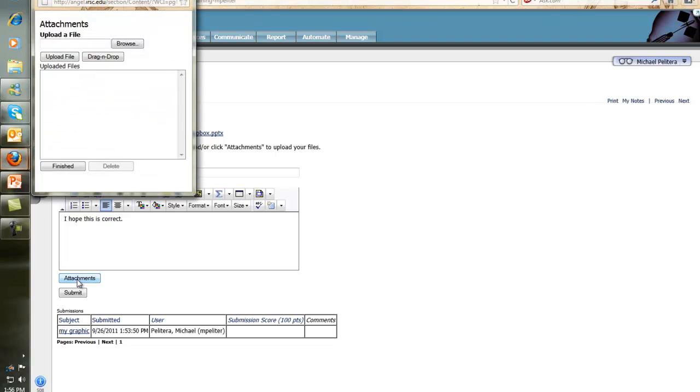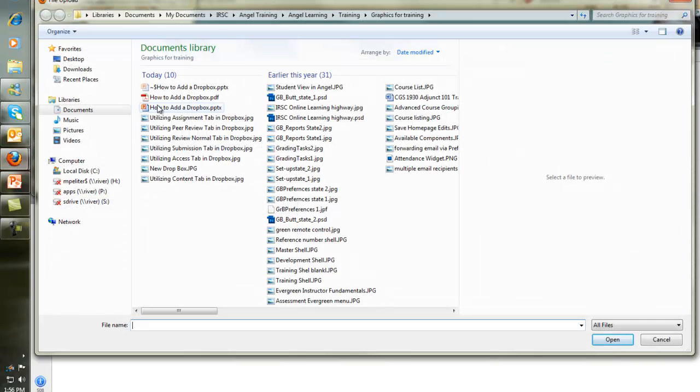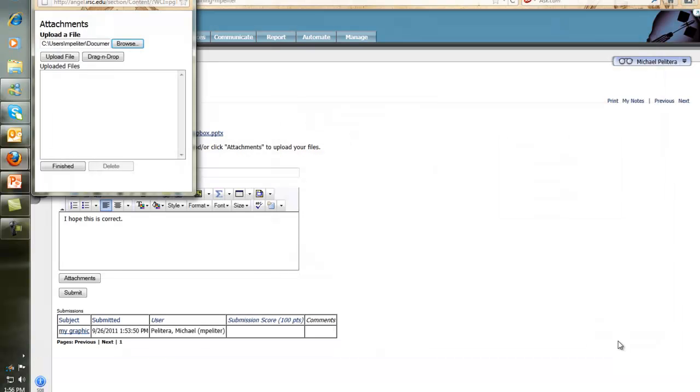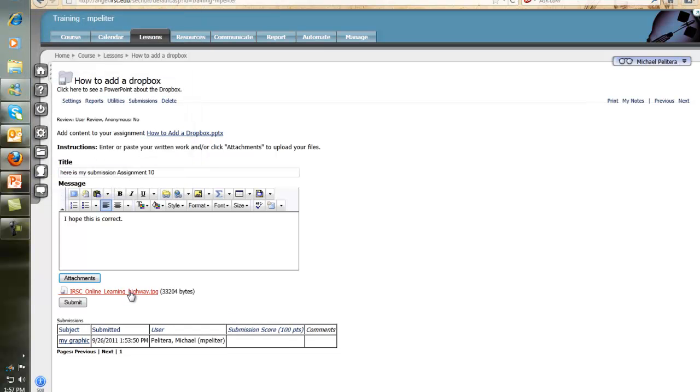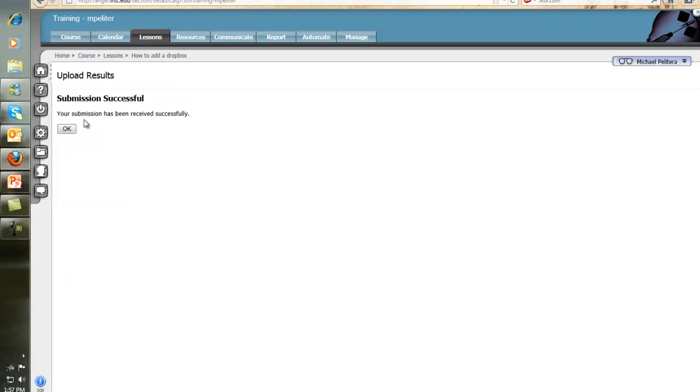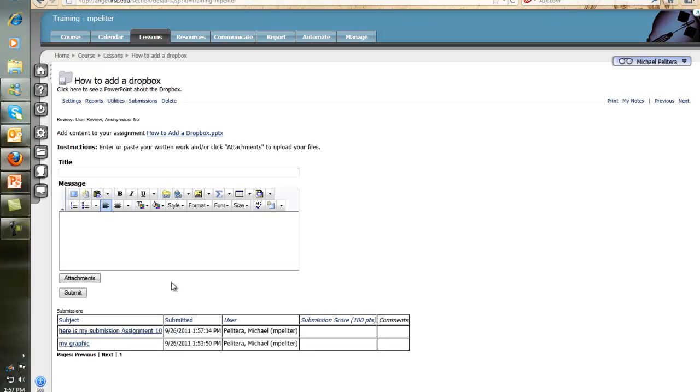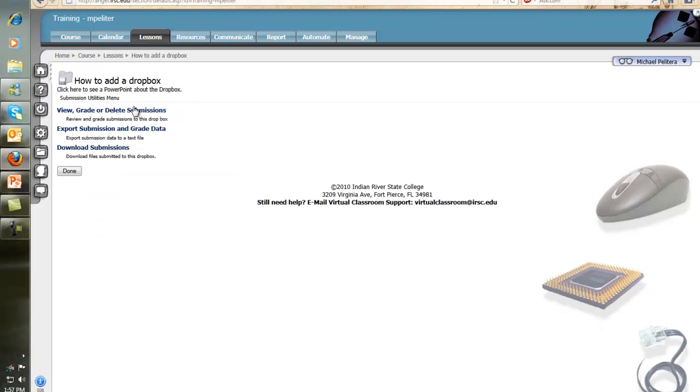And they can select the attachments and click Browse, and perhaps it's their own assignment. They're adding that graphic. They want to upload the graphic. Select the item, select Finished, and now they have added the graphic to the assignment and click Submit. The student will be notified by the upload results. Submission was successful. And then as the instructor, you can look under the word Submissions, View, Grade, or Delete Submissions,